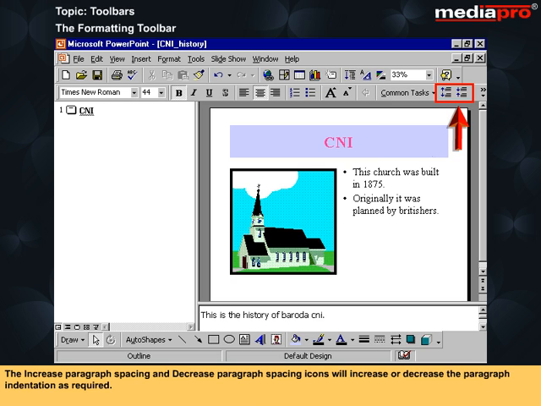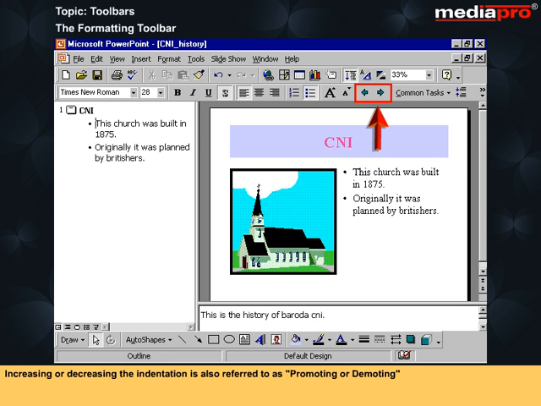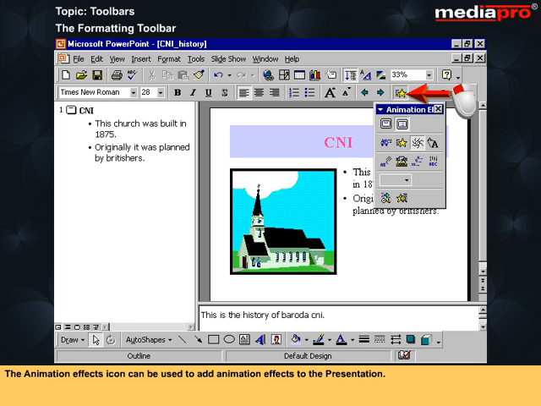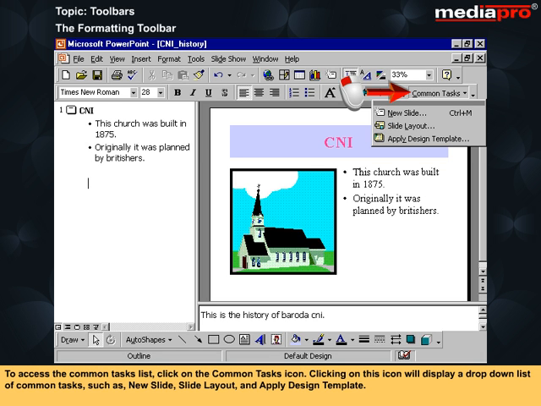required. Increasing or decreasing the indentation is also referred to as promoting or demoting. The animation effects icon can be used to add animation effects to the presentation. To access the common tasks list, click on the common tasks icon. Clicking on this icon will display a drop-down list of common tasks such as New Slide, Slide Layout and Apply